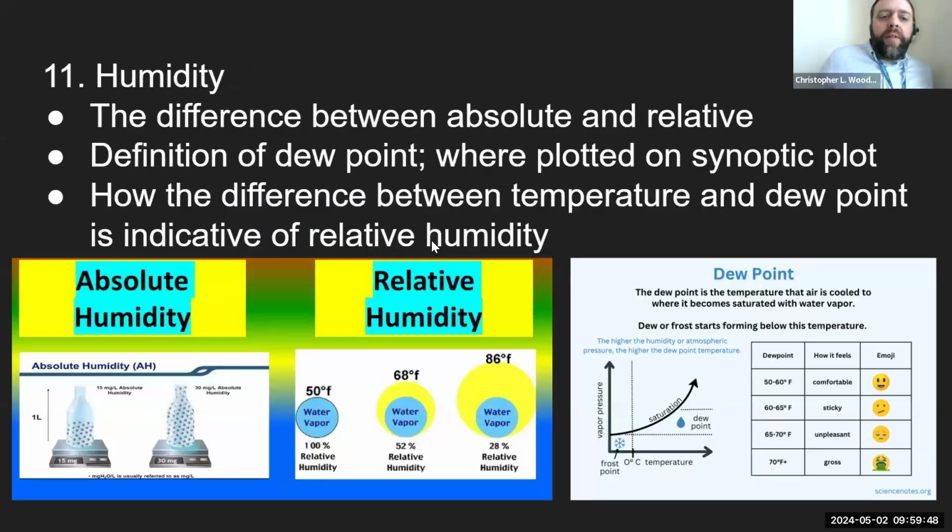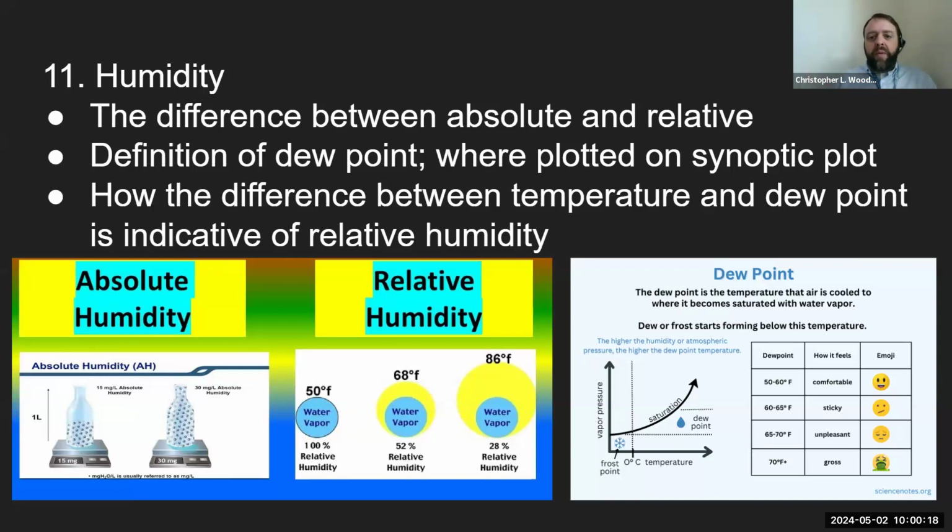Humidity. The difference between absolute and relative humidity. Absolute humidity is the actual measure of water vapor in the air. Relative humidity is a percentage. It's how much water vapor is there in the air versus how much could there be. And so in this little diagram, when the water vapor completely saturates the air, it's 100% humidity, and so forth. The dew point is the temperature at which air will condense